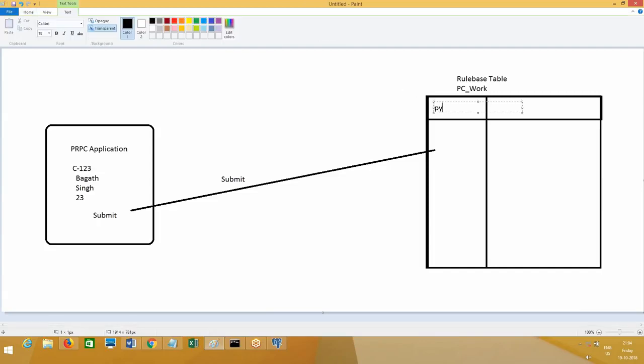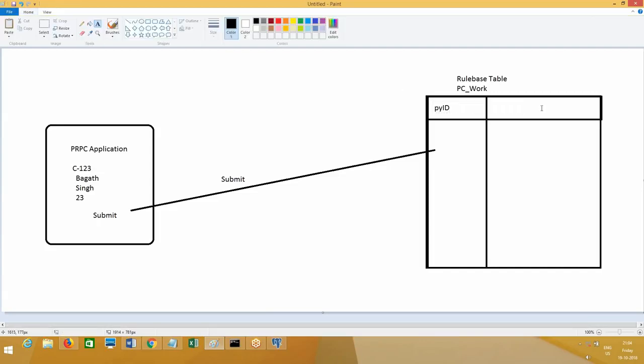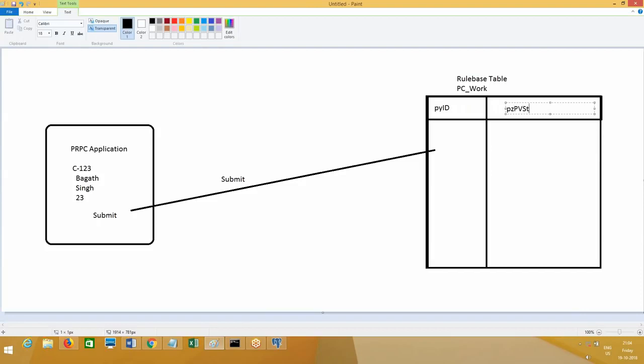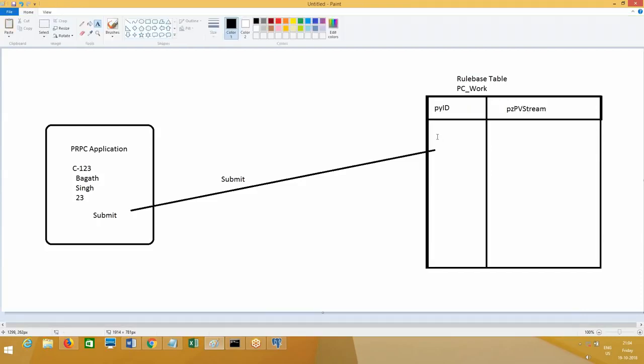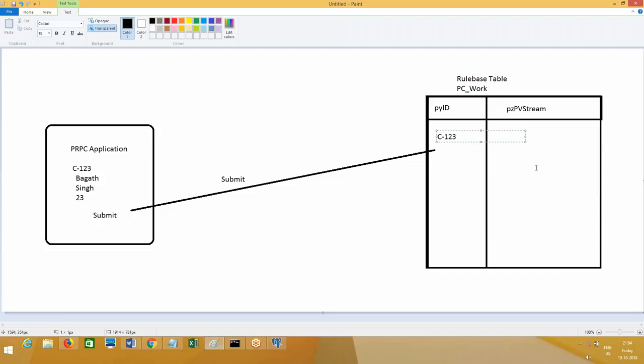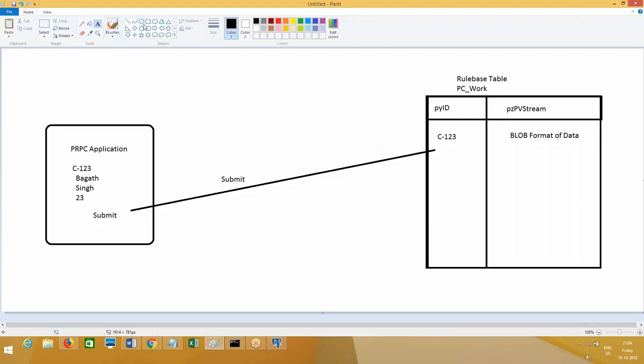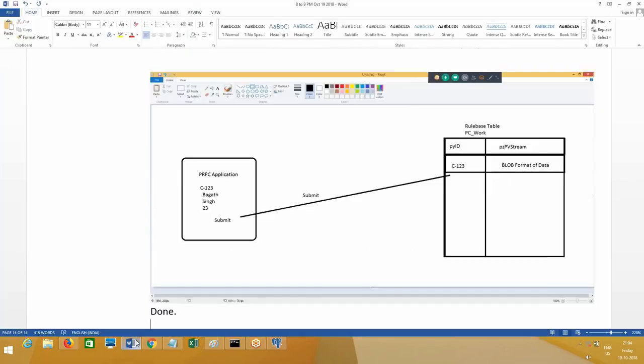One column is pyID, another column is pzPVStream. C-123. The data here is in which format? Blob format. Blob format of data is getting stored into the pzPVStream. This makes sense, everyone? This is what we have discussed so far.